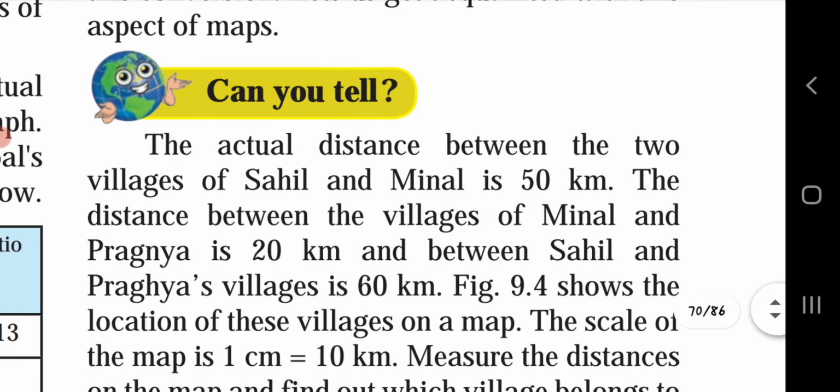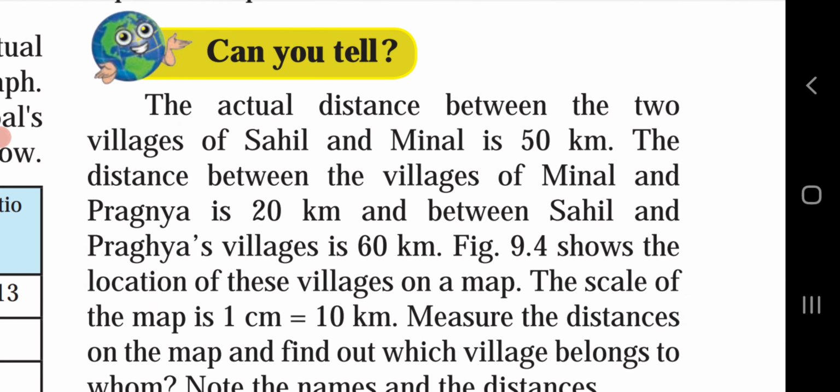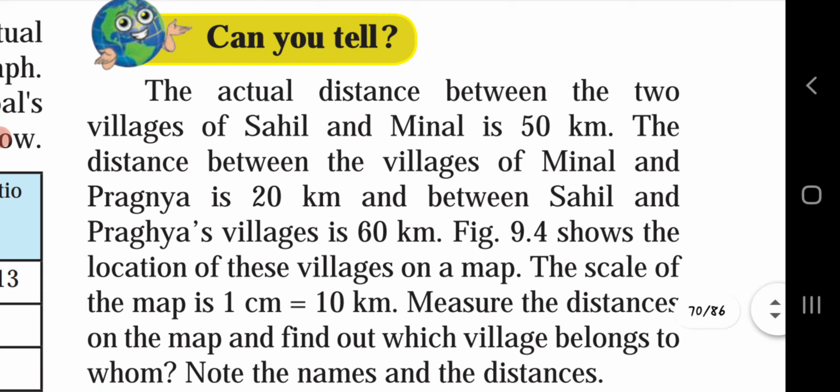As you might have seen, when we have our own house, we have a map of our house and some ratios are written in that. But actually, our house is bigger than that paper. It means that a scale, a ratio, is given. According to it, the scale is decided, and according to that, the map is prepared.